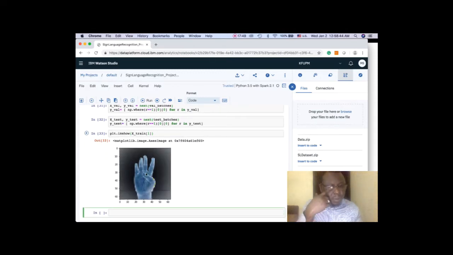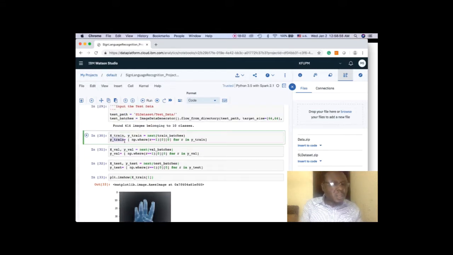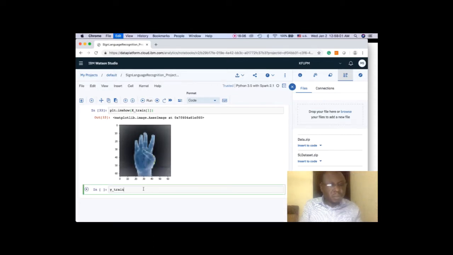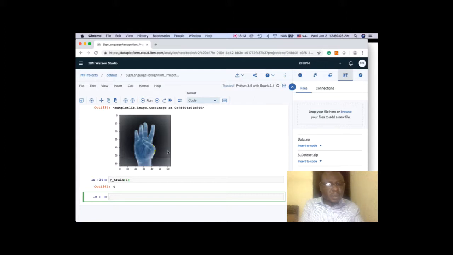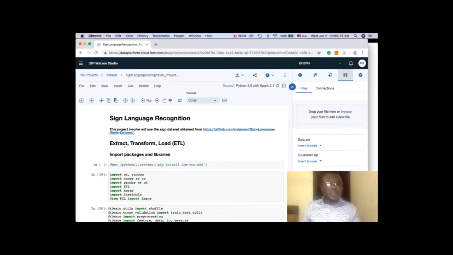So the first one here is 4, I presume. Yeah, let's see the corresponding label. Yeah, it's 4. So this is just for visualization, and